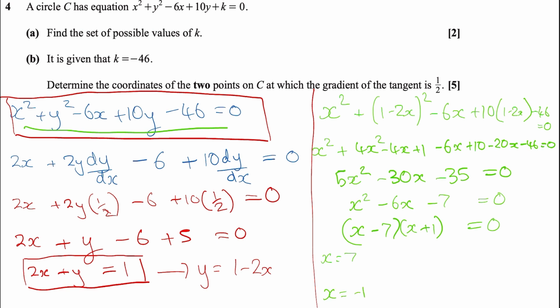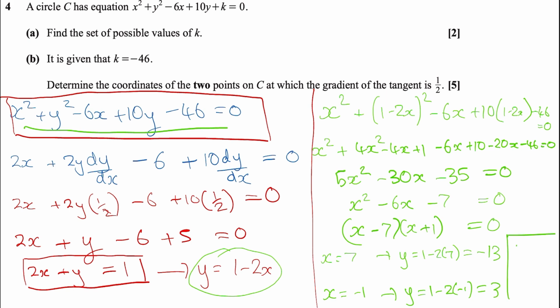And to get my y values, I'm going to substitute them into here. So this means y is 1, take away 2 lots of 7. So that's negative 13. And then here, y is 1, take away 2 lots of negative 1, which is 1 minus, subtract negative 2, so that's 3. So my two coordinates are 7, negative 13,